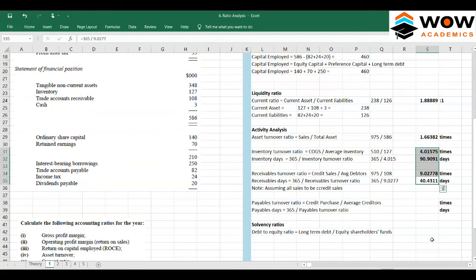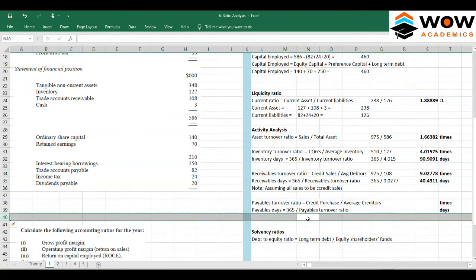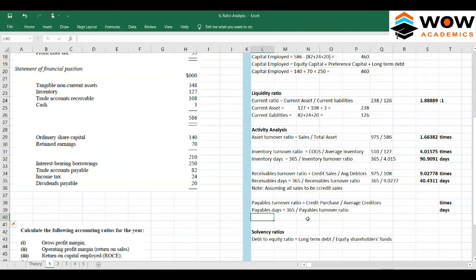So let's go to the payables. In payables, there is credit purchase, but we do not have any credit purchase in this problem. So what we can do is make an assumption, assuming all COGS to be credit purchase. Okay, so COGS is 510